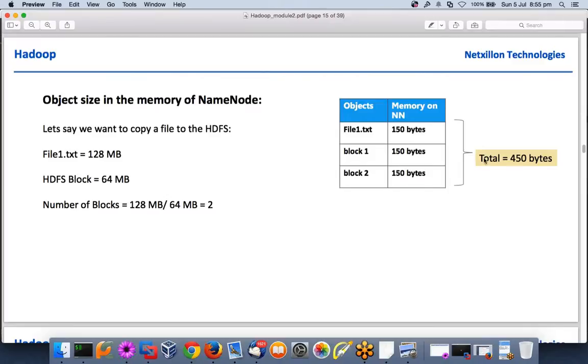Now this size I'm talking about is only for one replica. As I said, each block is also replicated three times. Total replicas is three, meaning each block is at two more places. So this number is only for one replica, correct? So what is added to this is